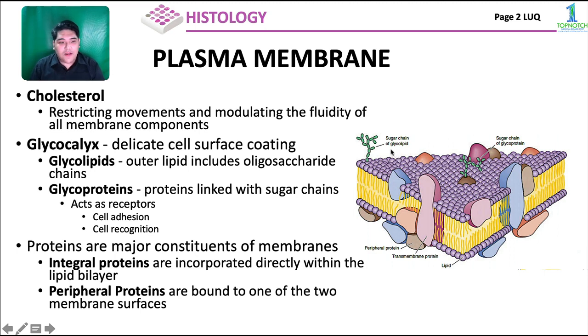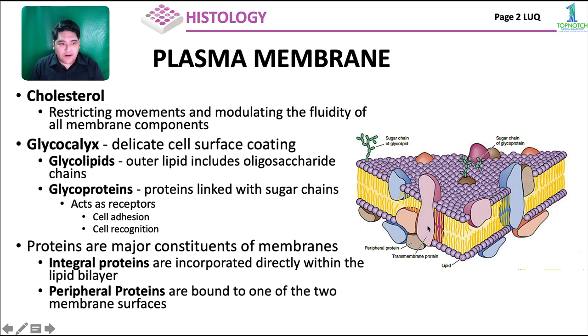So this is your outer lipid, which includes your oligosaccharide chains. And then you have your glycoproteins linked with a sugar chain. Kaya siya tinawag na glycolipids, sugar and lipids. Glycoproteins, sugar and proteins. Now, your proteins are major constituents of your membrane. Di ba, alam naman natin, we have the integral proteins and these are incorporated directly within the lipid bilayer. Ito yung example ng integral protein. Okay? So, yung mga naka-attach sa inyong